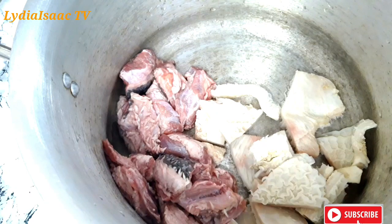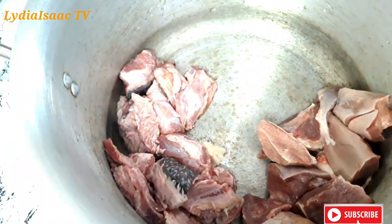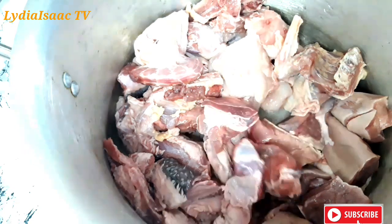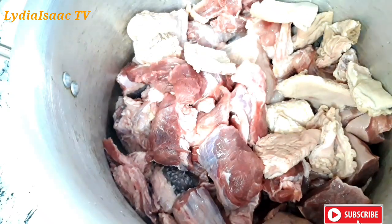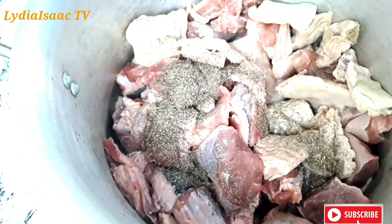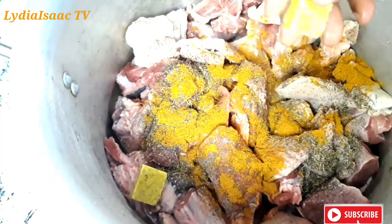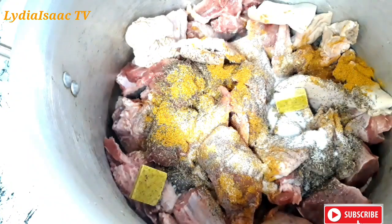So I will start by putting my assorted meat in the pot and I will spice it up to my taste. I'm going to be seasoning this meat with some nice spices to give it that delicious taste. So right now I have all my assorted meat in the pot. I'm going to be adding in some thyme, curry powder, some seasoning cubes, salt to taste,